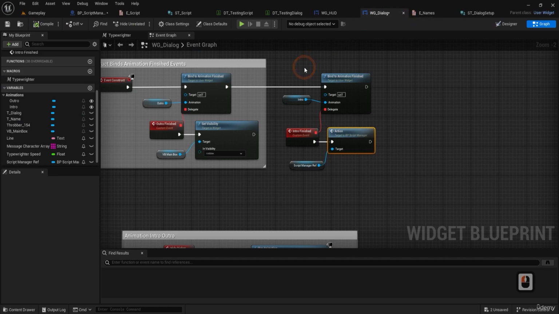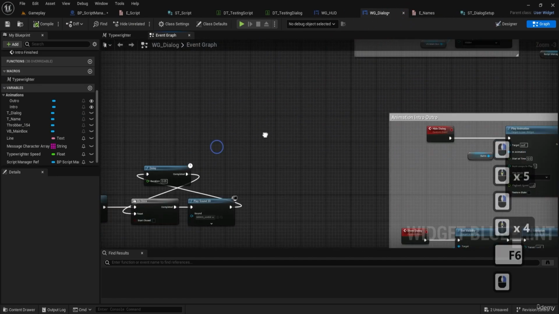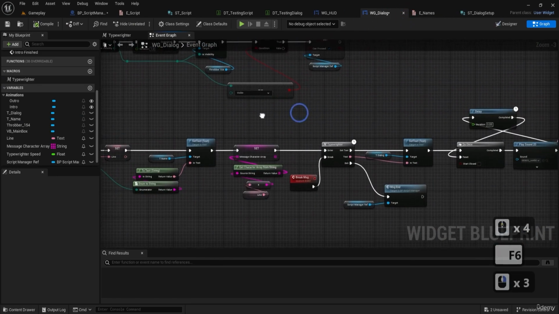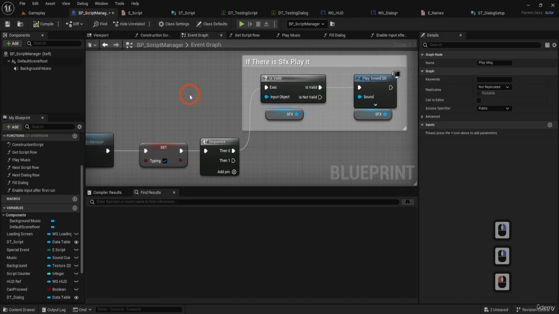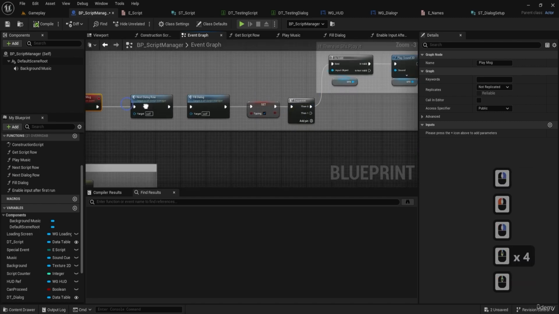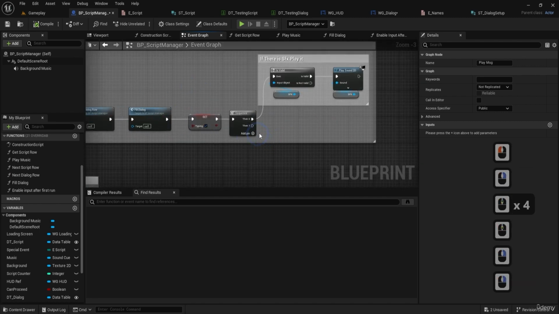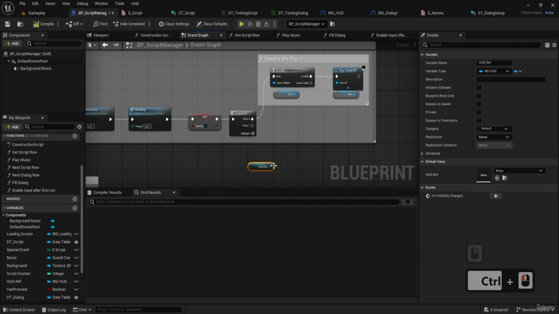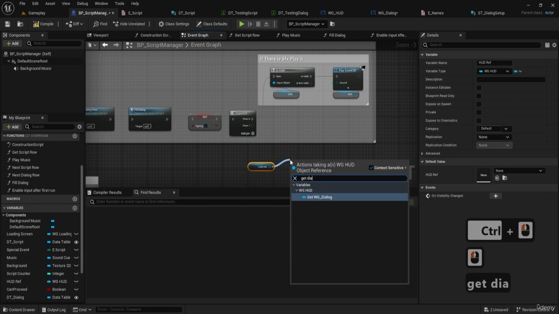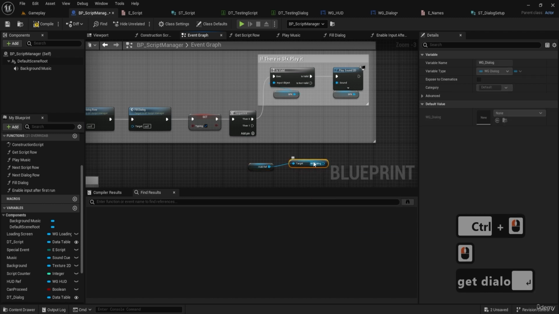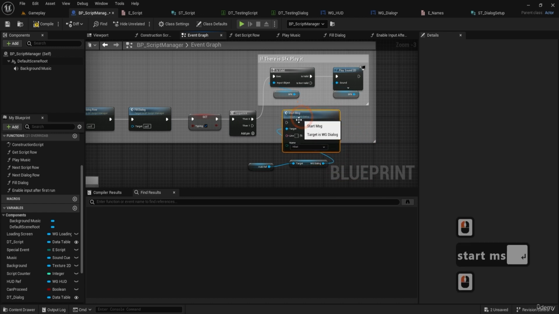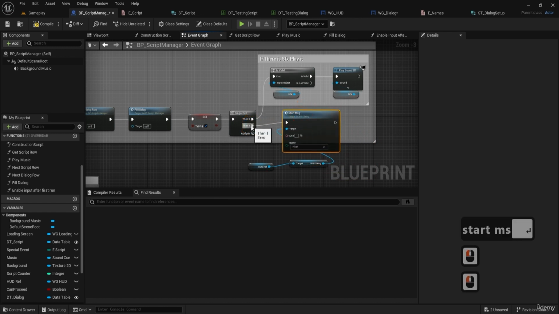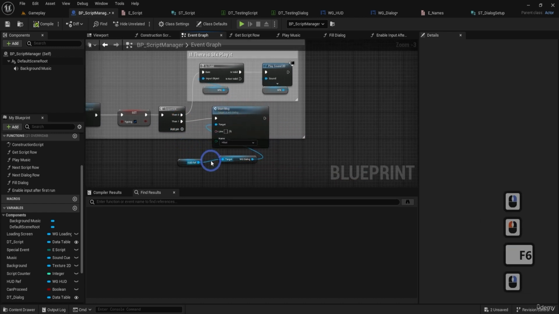Let's see why. We have the action here. We have the start message here. Line. Oh, we haven't passed the message here. So we're gonna get again our add reference, get dialog, and start message. And we need